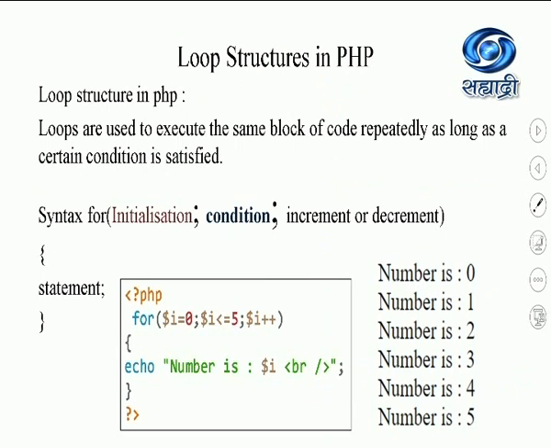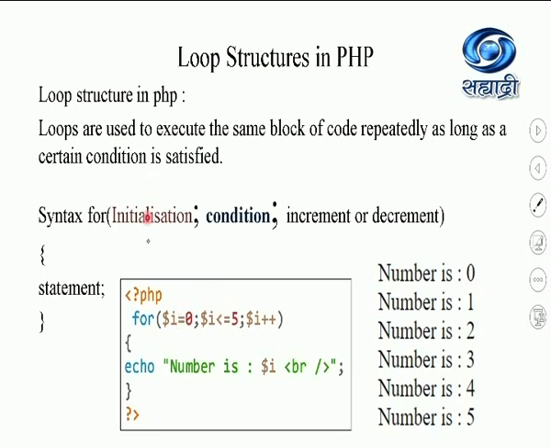Students, let us see the loop structures in PHP. If you want to execute a block of statements repeatedly, then you can make use of loop structures. We have already learned the for loop structure in JavaScript. Similarly, the same syntax is there in PHP. As I said, the only difference is the dollar in front of the variable name. So over here, I have used a dollar symbol for the variable name. Otherwise, we are using the same syntax as in JavaScript. Observe, we give the same semicolon between the initialization and the condition.